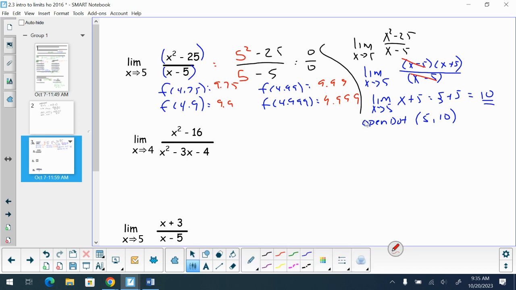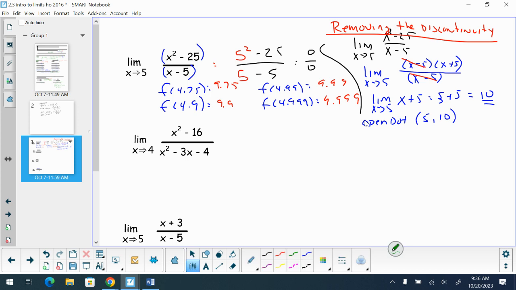What this process is called is removing the discontinuity. We have removed the discontinuity and are able to calculate our limits. When we're trying to do limits, we try to plug it in. Does it work? If it doesn't work, then we try to factor, cancel, and then sub. That's removing the discontinuity. Well, if I take a look at my next one here,